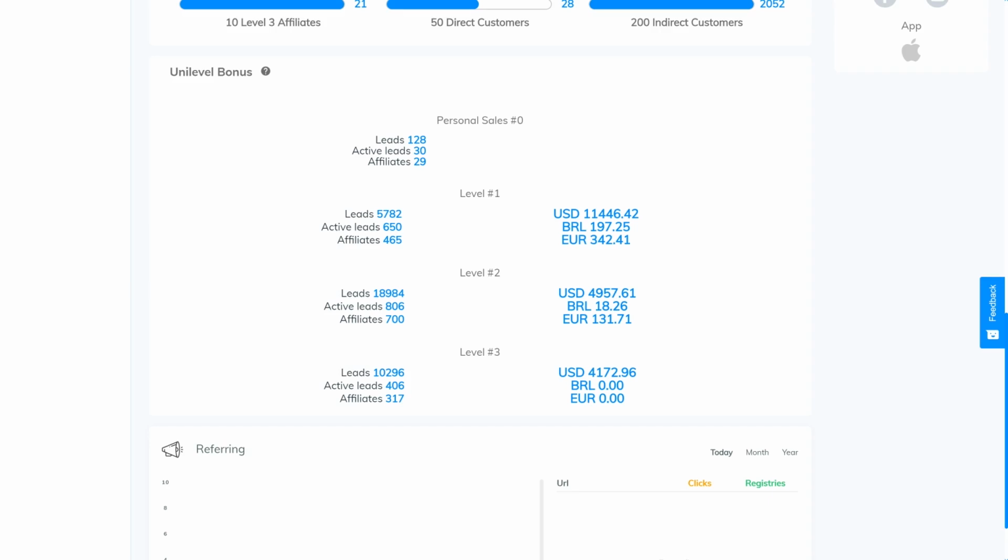So now you can see the power of the compensation plan. We're going to jump over and I'm going to show you some of the strategies and techniques which have helped me achieve this. Once again, these are my results. I cannot guarantee that you will make anything. It all depends on your work ethic, your experience, how much time you have to put in, and a variety of other factors. So with that said, let's jump into some of the tips, tricks and strategies that I use